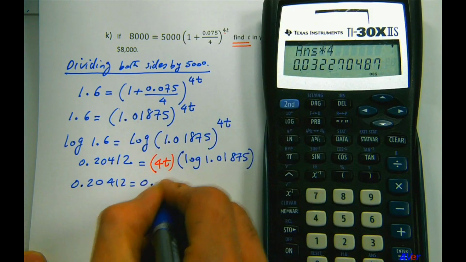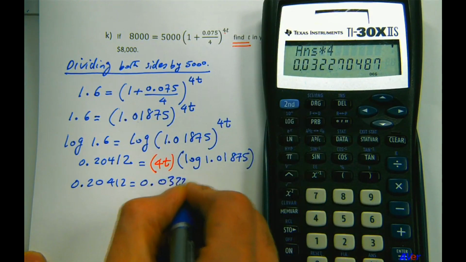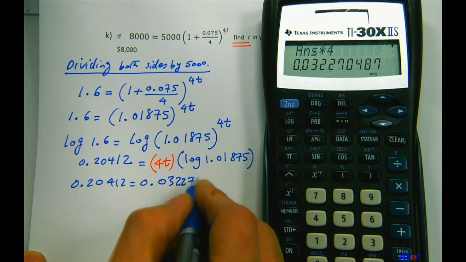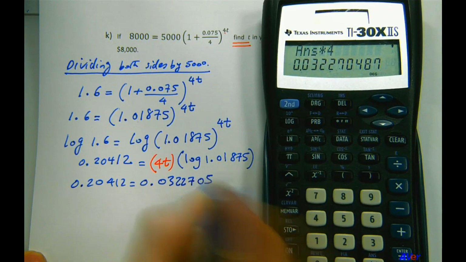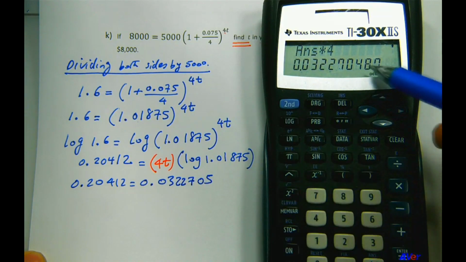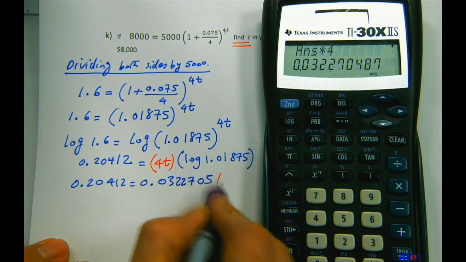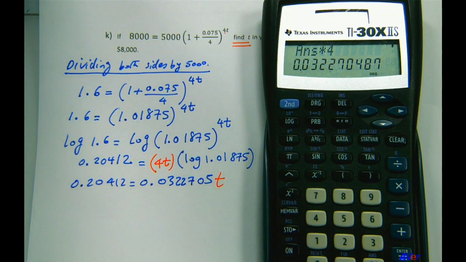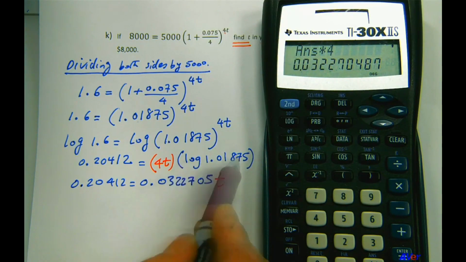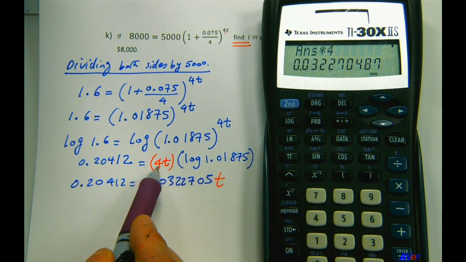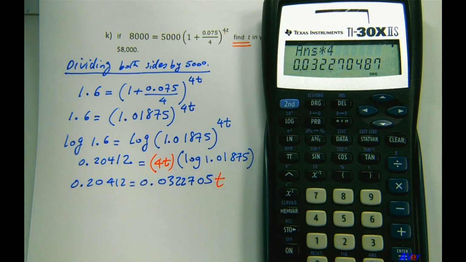So 0.0322705. I rounded that 4 to 5 using that 8 that comes after. Okay, and of course, let me not forget t. The number you see on the left side of t is log of that number times 4. So now t